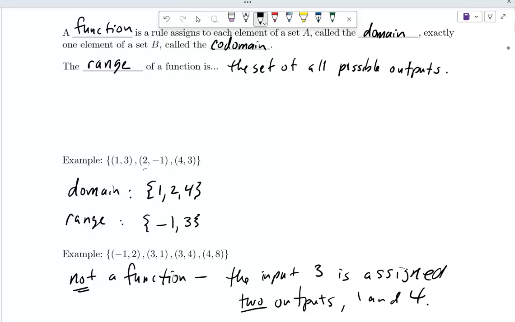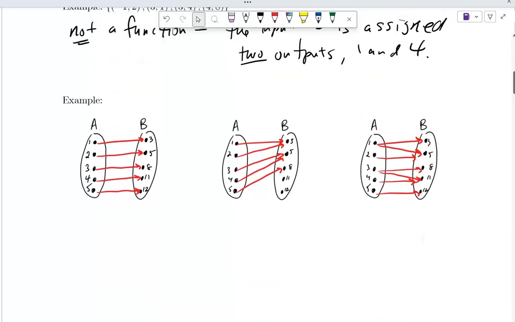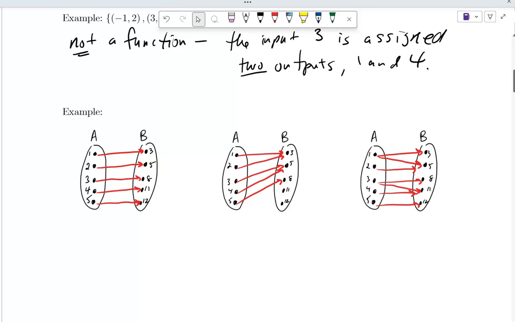So if you've got it listed like this, you better only see each input listed exactly one time. If you see an input listed twice, it's not going to be a function, unless somebody wrote the same ordered pair twice, which they're not going to do. Okay? All right, so again, if you've got a small set, writing things as sets of ordered pairs might